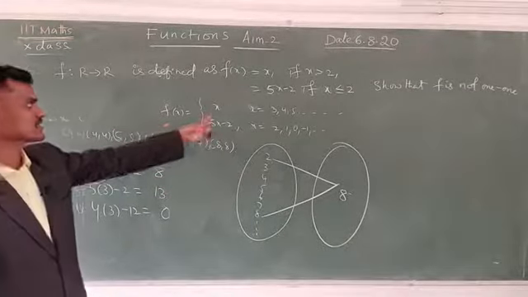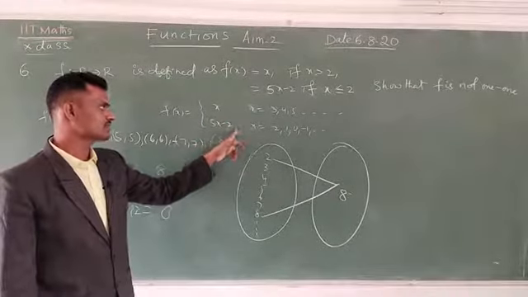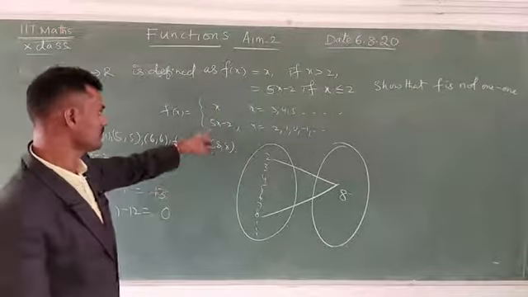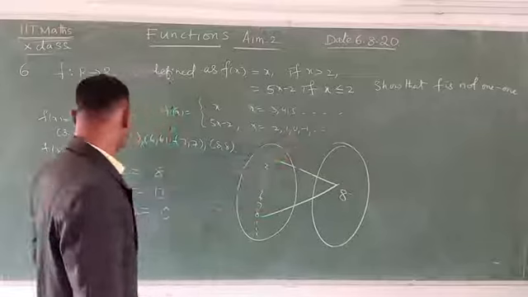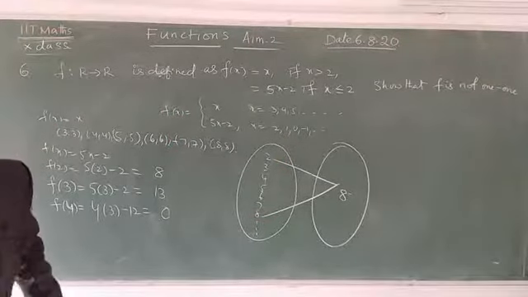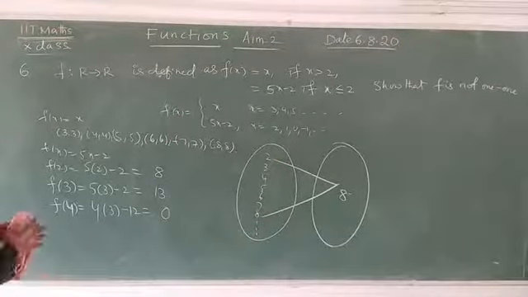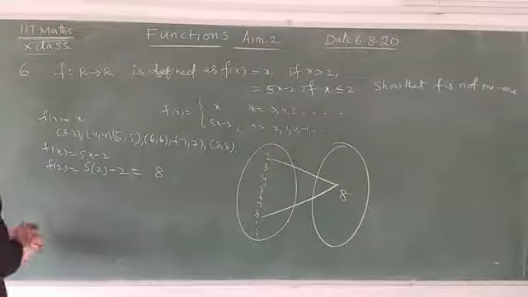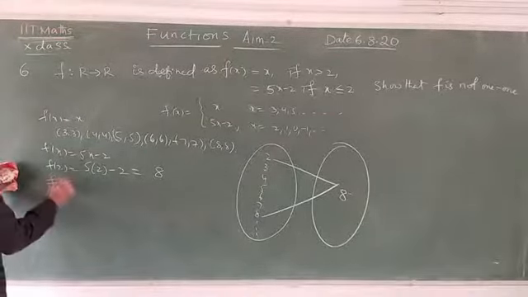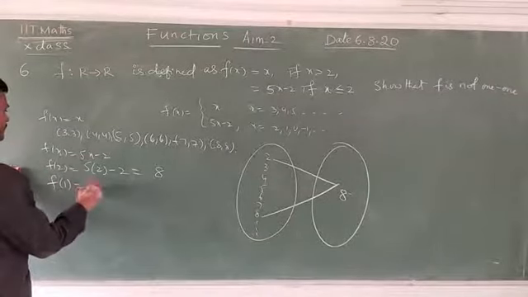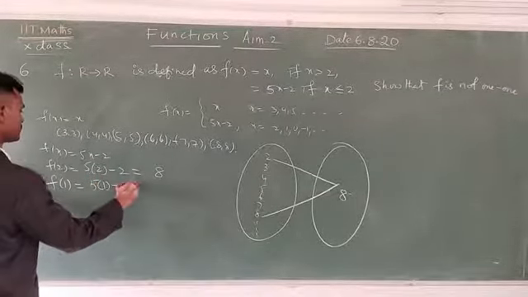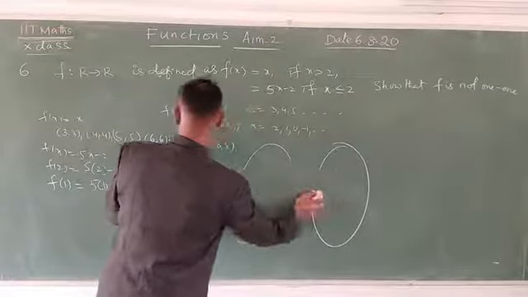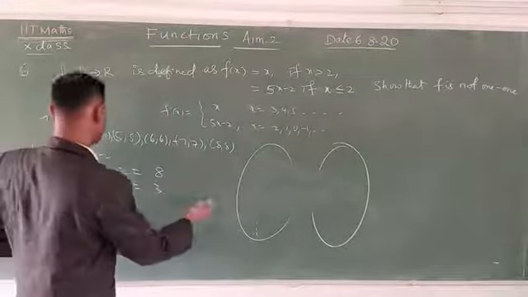See here two functions are given, x and 5x minus 2. Here x is starting from 3, 4, 5, 6, 7 and so on. Sorry, here by mistake I wrote something wrong: 2, next 1 only, not 5. Here f of 1 you can take. f of 1 means 5 into 1 minus 2 is equal to 3.